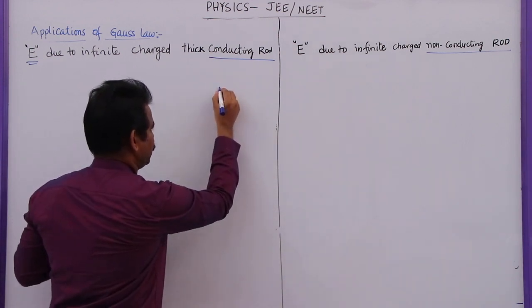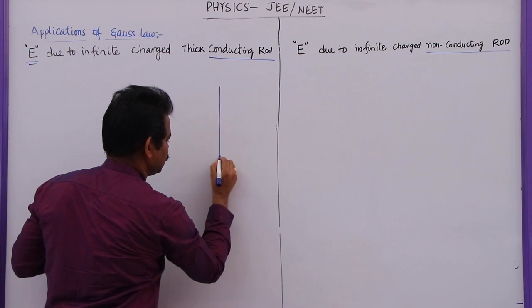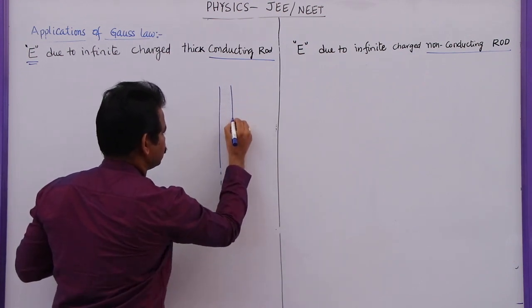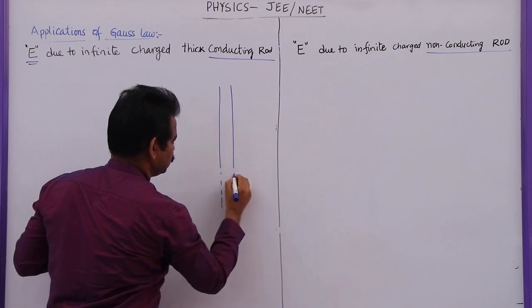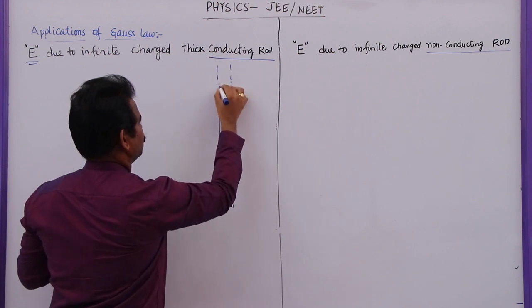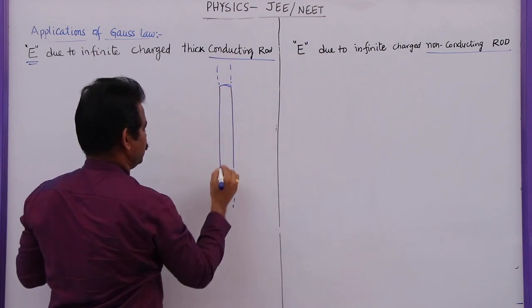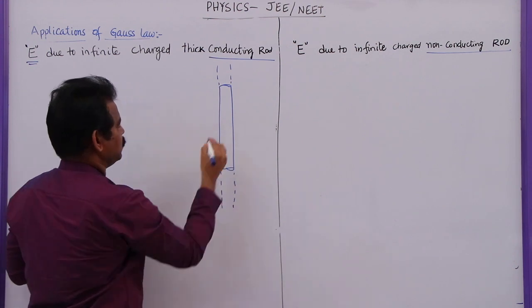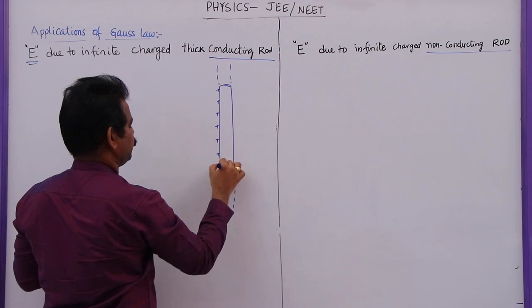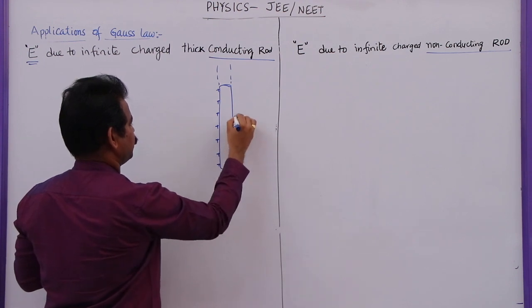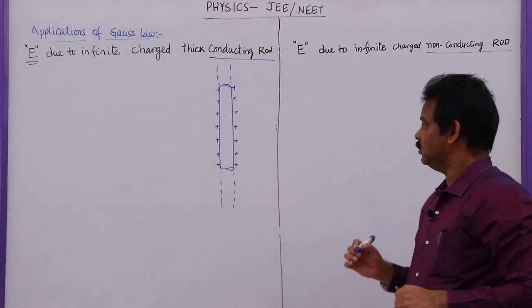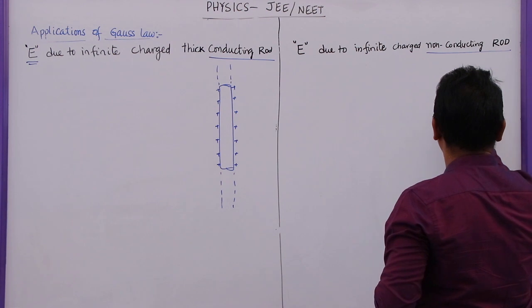So let me draw the diagram here. So this is an infinitely long conducting rod. So I am taking a small portion of it. So here charge will spread only on its outer surface, uniformly. Whereas in a non-conducting rod, if you take the non-conducting rod,